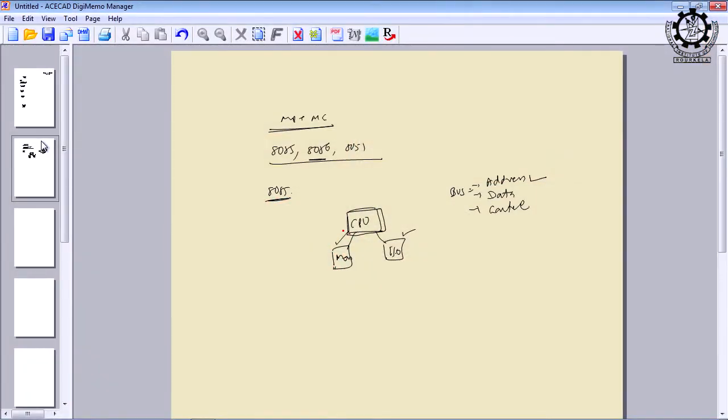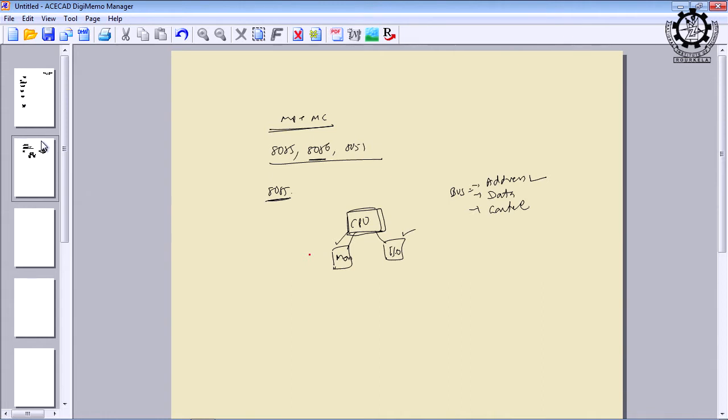Likewise, there are a large number of input devices, but a computer, as I told you, is just an application of a microprocessor, so the number of devices is limited. In reality, there are hundreds of devices which can be interfaced to the microprocessor, right. Similarly, there are different types of memories like RAM, ROM, magnetic memory, static RAM, and dynamic RAM. I will give the exact classification of memory in other classes, but assume that a large number of different varieties of memories are also to be interfaced with the microprocessor.